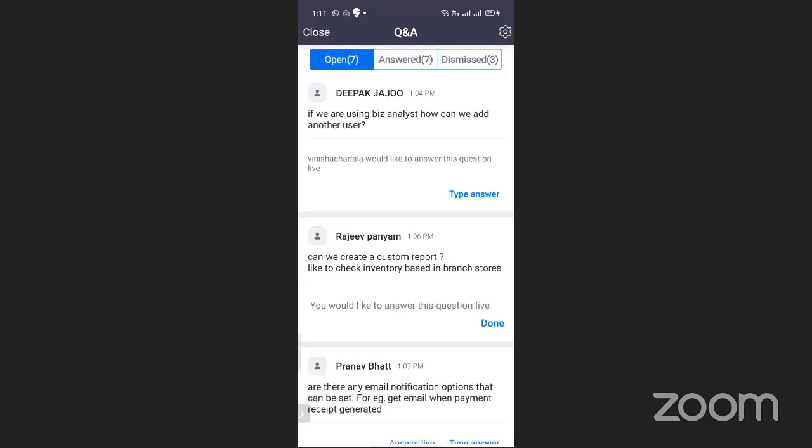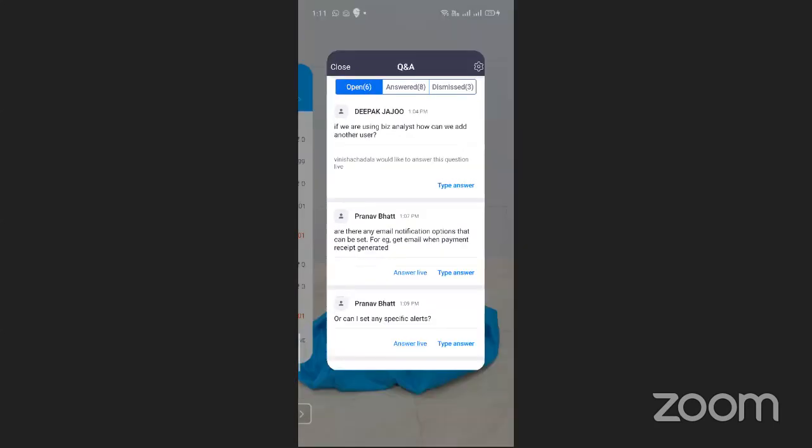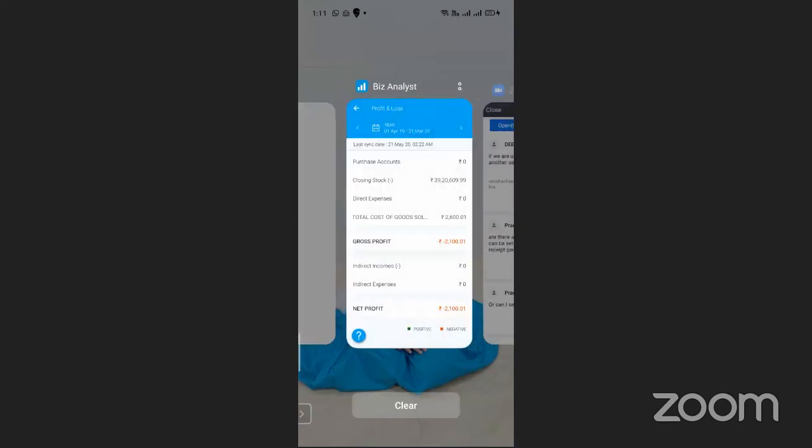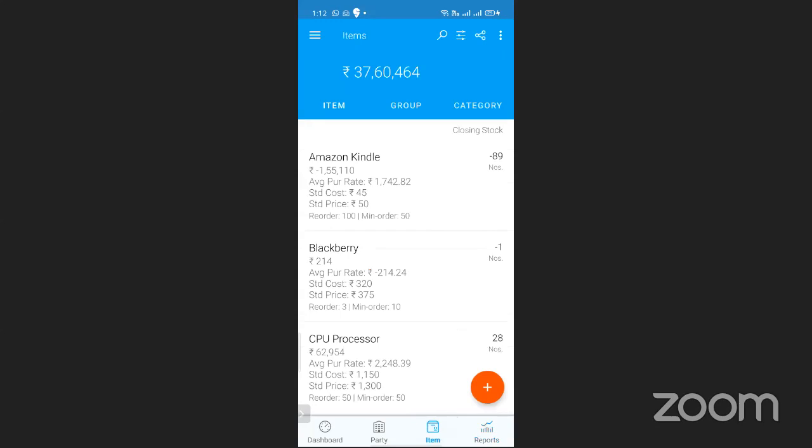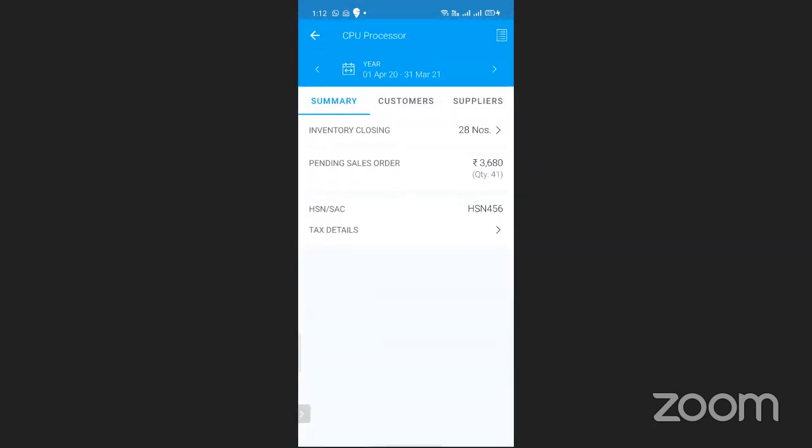We have stored our stock godown wise. I'll share my system to show how we have maintained data in Tally and how you see it in your Biz Analyst. I am on the stock item screen as of now. Let's check CPU processor. If I click on the CPU processor, my inventory is 28.